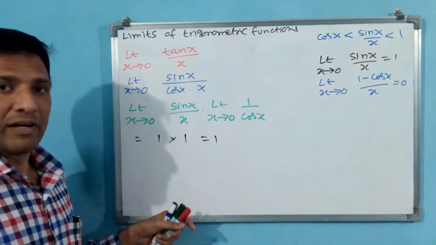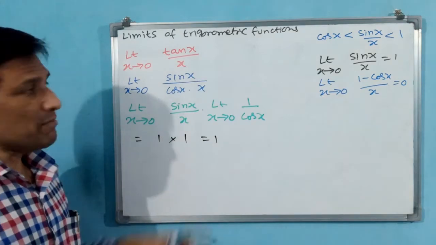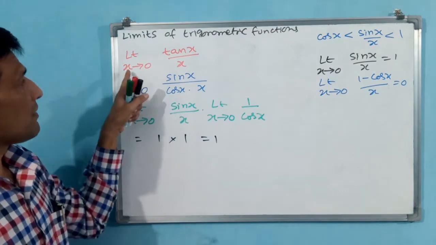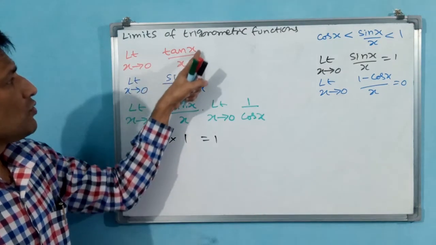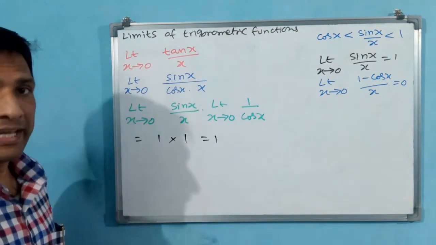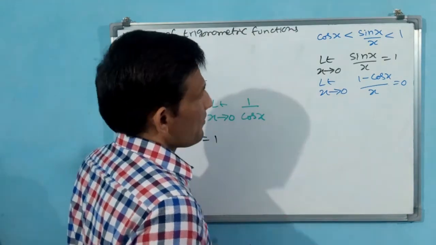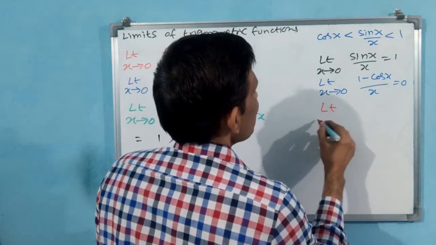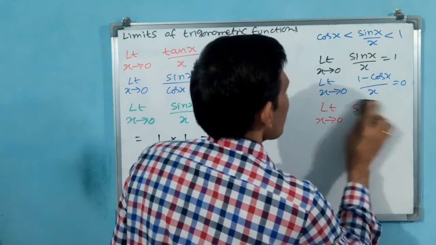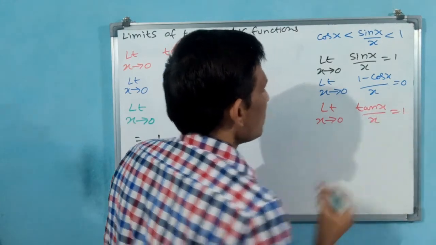That means this has become case 1. If you do it directly, 0 by 0 will come, case 3. But case 3 you have avoided and you have made it case 1. But you see, all these conditions apply: limit x tends to 0, then only tan x by x. Why? Because I have already told, positive angle and between 0 to pi by 2 only. Then I am writing again here this formula. Limit x tends to 0, sorry, not sin, tan x by x is equal to 1.